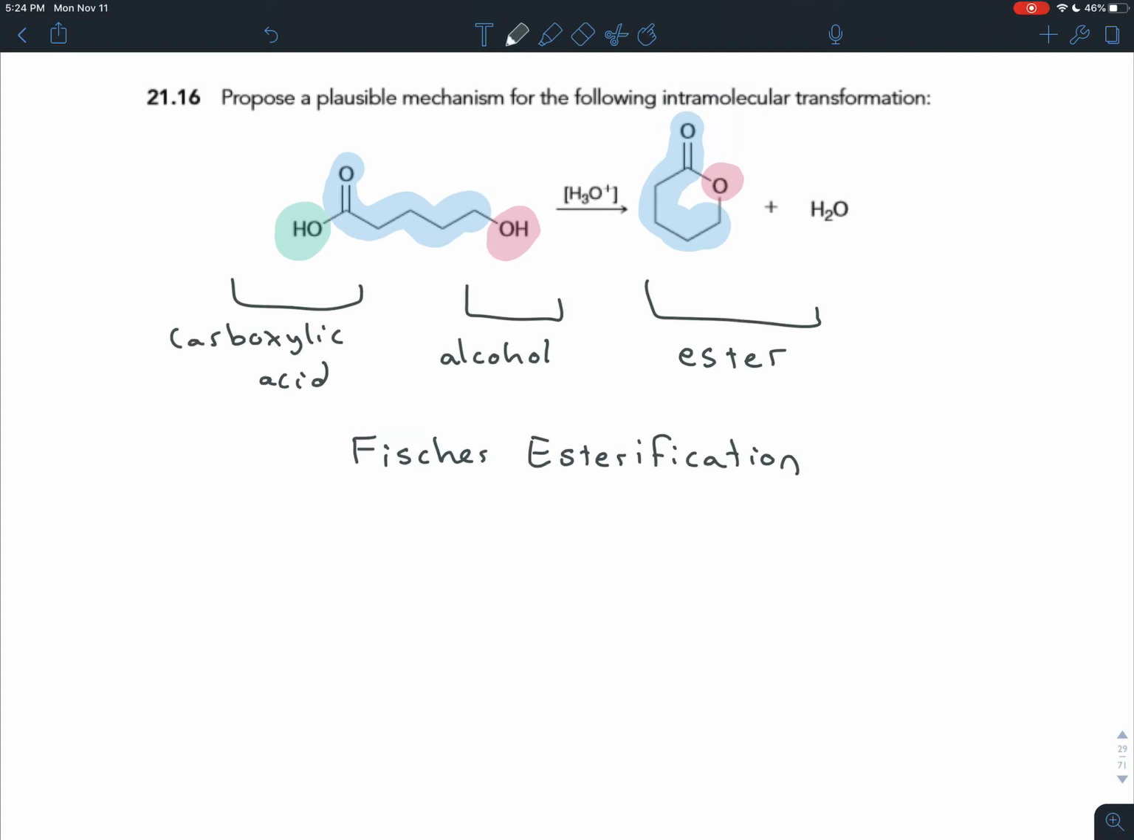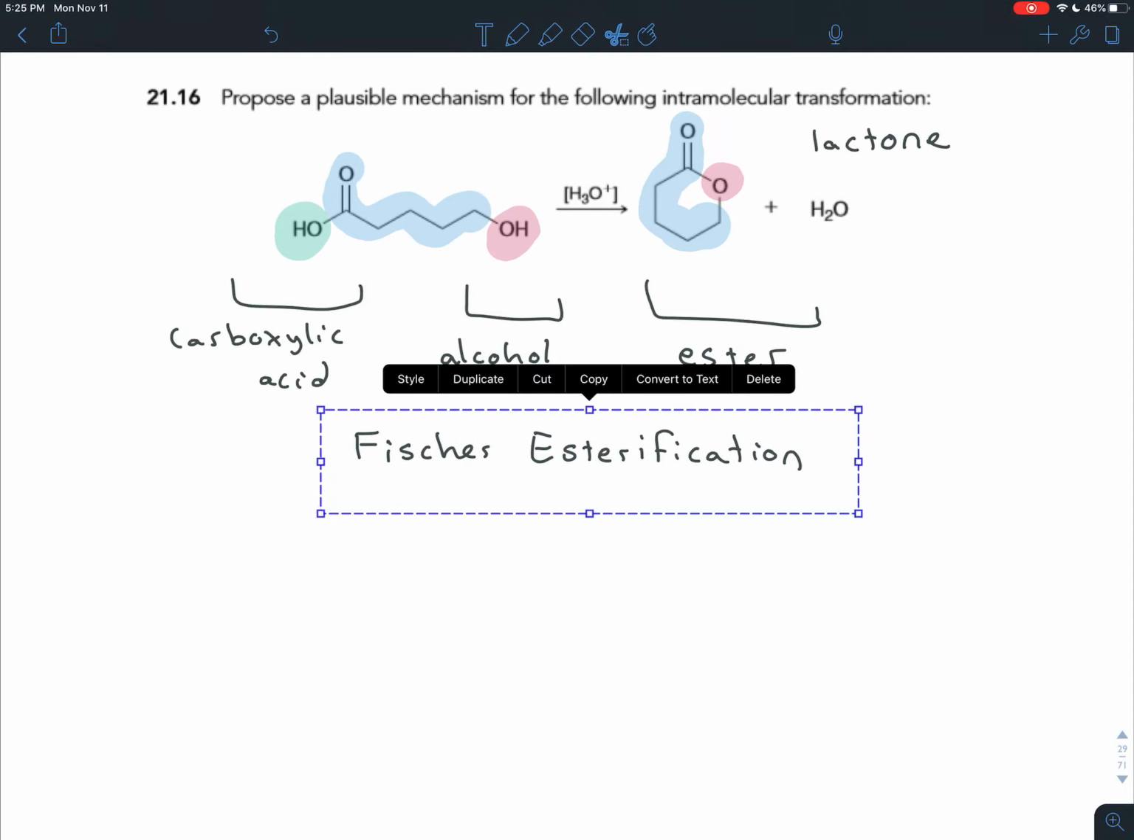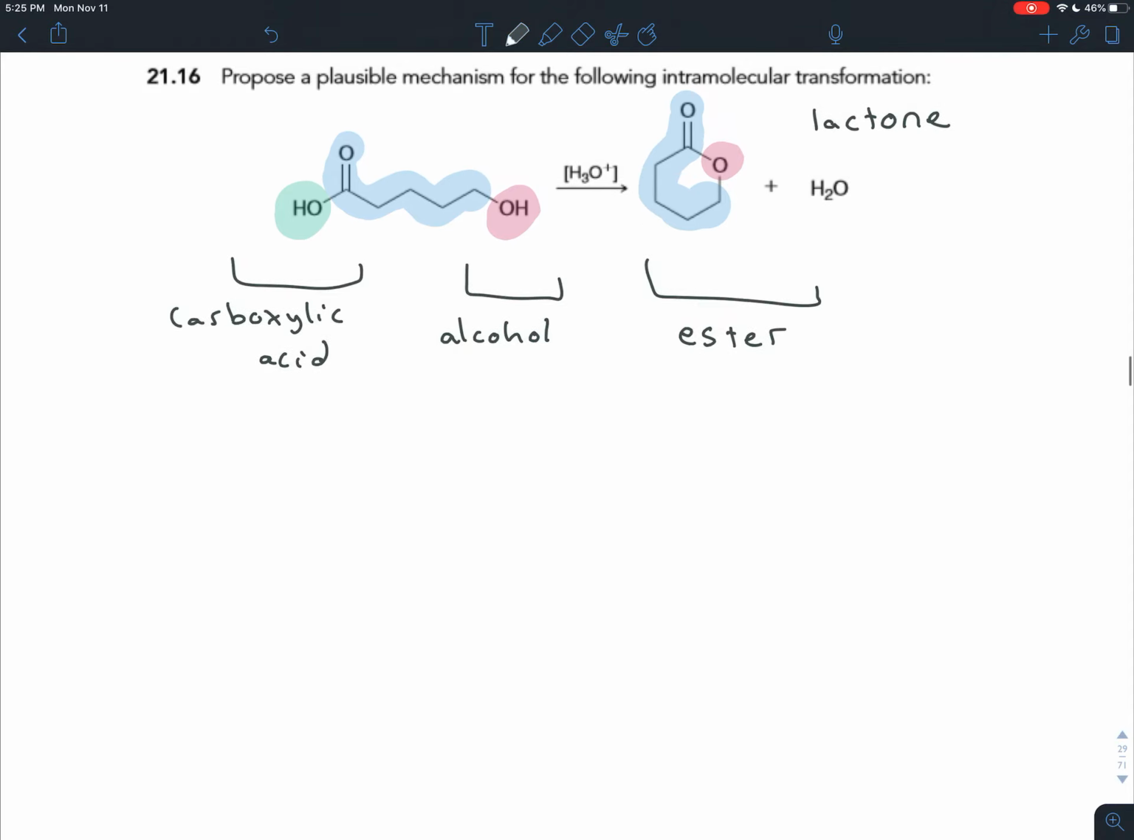These cyclic esters, by the way, are called lactones. The "one" is sort of referring to this, what almost looks like a ketone, but they're called lactones. Now, obviously, it's not a ketone, it's an ester, but here we go, lactones. So let's draw the intramolecular Fischer esterification of this molecule. Okay. Well, the first thing we'll notice is that